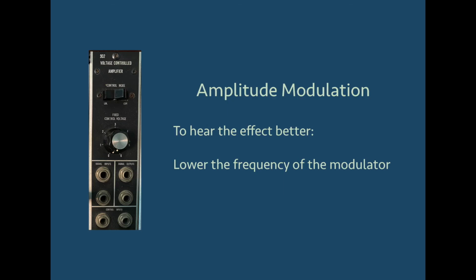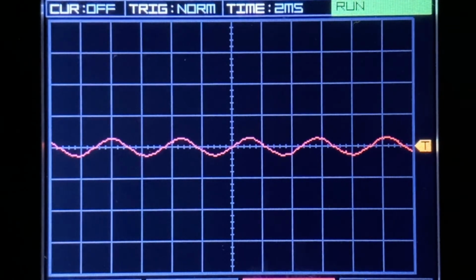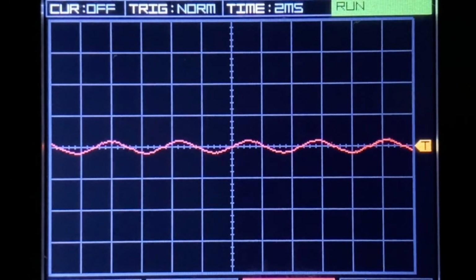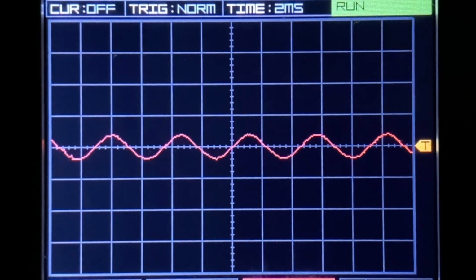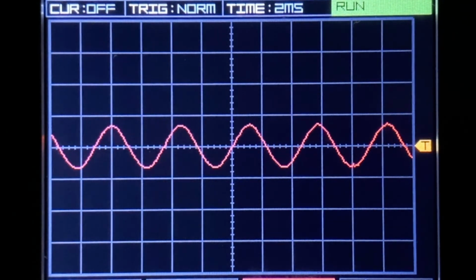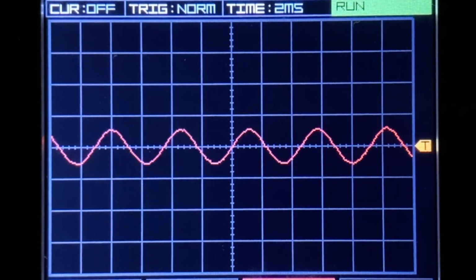To finish, let's get a better understanding of how the volume of the amplifier is truly going up and down. We can't hear this when the modulator has a high frequency, but if we lower the frequency, then we can hear it. So here I've brought back our original 220 Hz sine wave, and now the modulator will be another sine wave that has a very low frequency. And if we look at the oscilloscope, we can notice that the amplitude is increasing and decreasing, which relates to the volume going up and down due to this modulator.